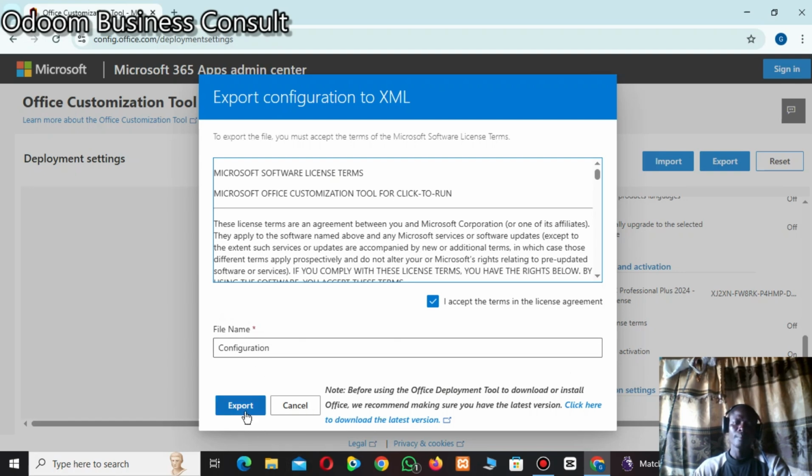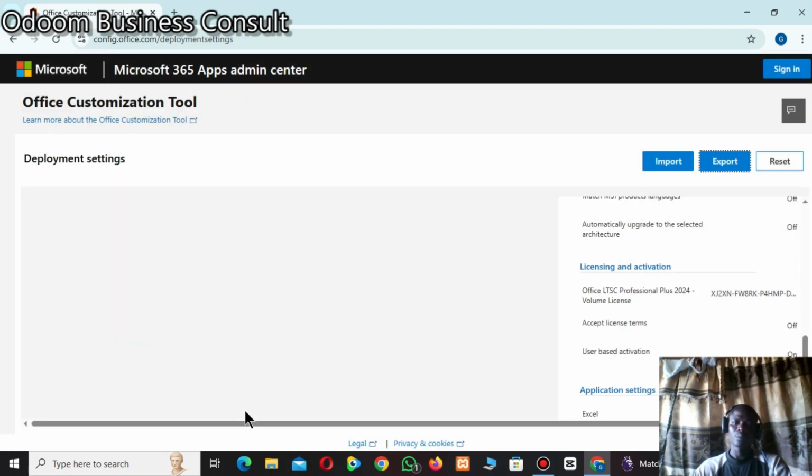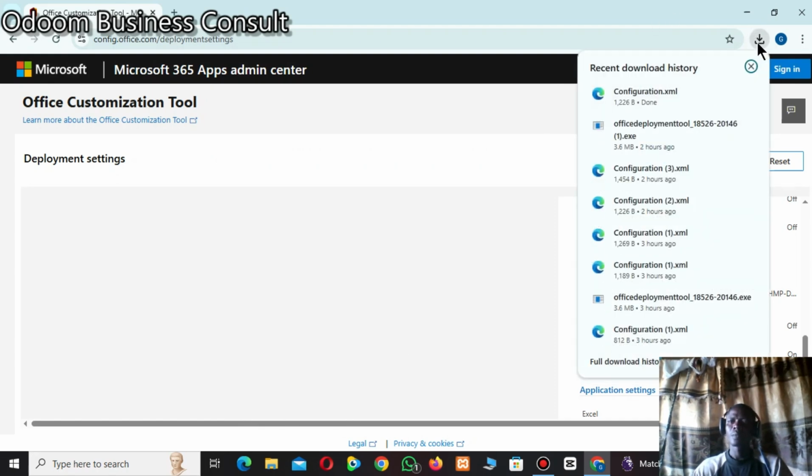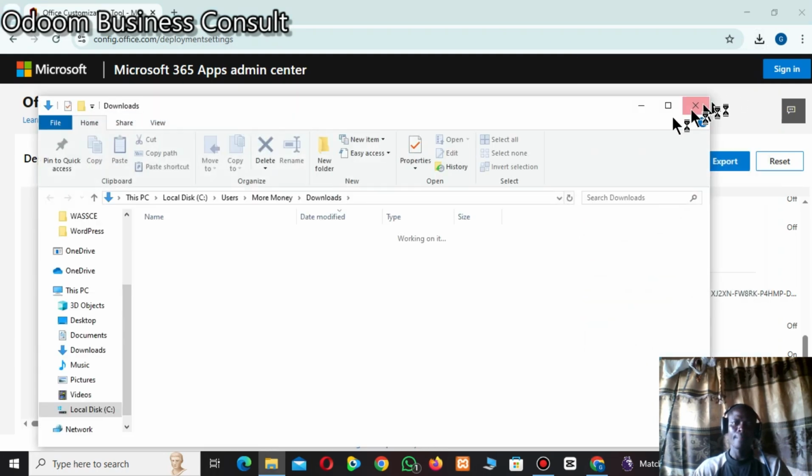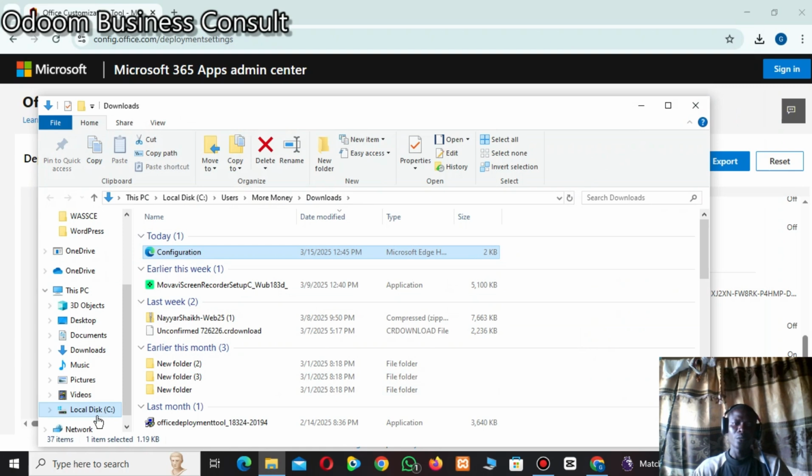Okay, then click on export. You wait for it to be downloaded. I think it has finished downloading, so I'll just go to where it is being downloaded to. So show in folder, click on that. So under your download, this is where you will find it. Okay, so here just copy the configuration, copy it,